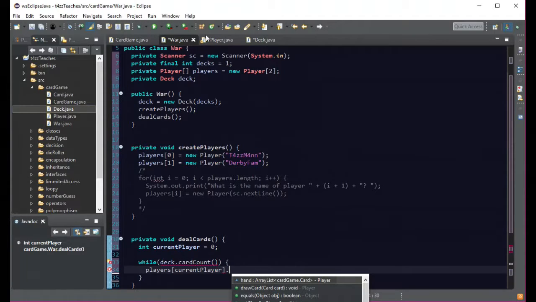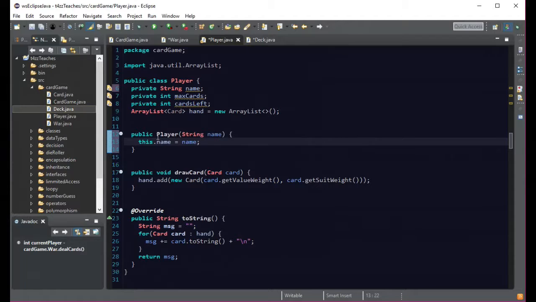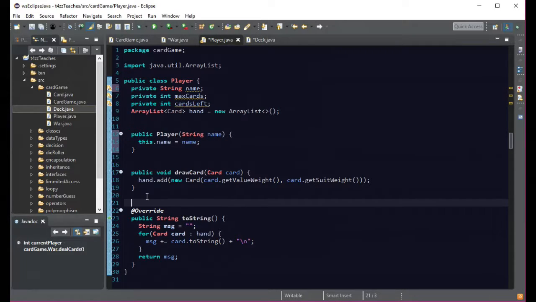No. So now we need to come in here and find player. We want to add a card, and that's going to be pretty easy to do as well. So we're in player. Let's do it before the overrides. So our draw card. What was our draw card? Oh, that's if you're drawing a card from the